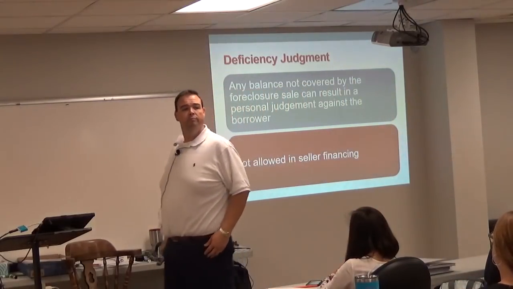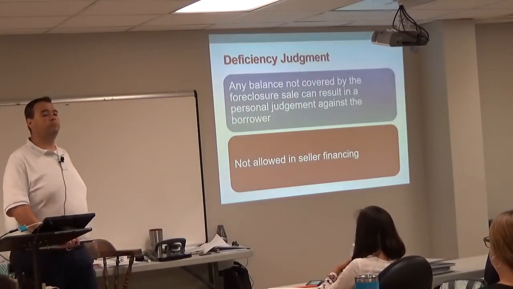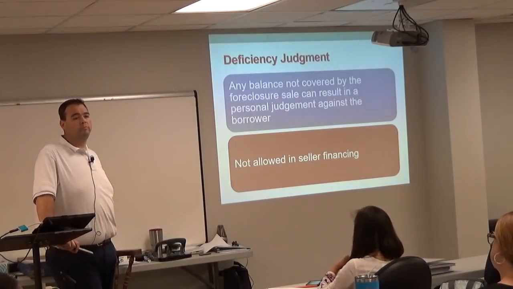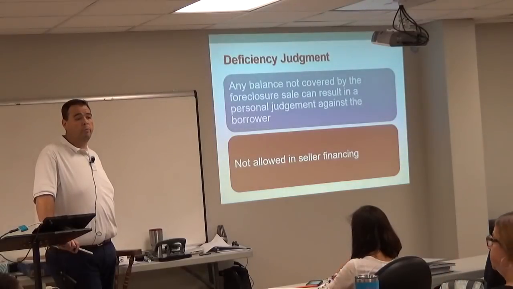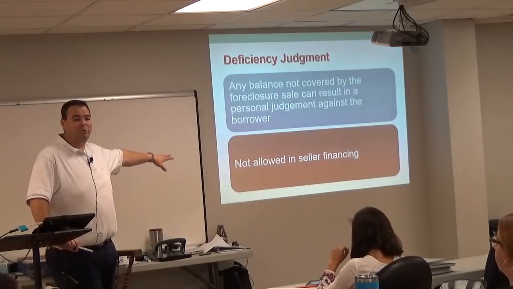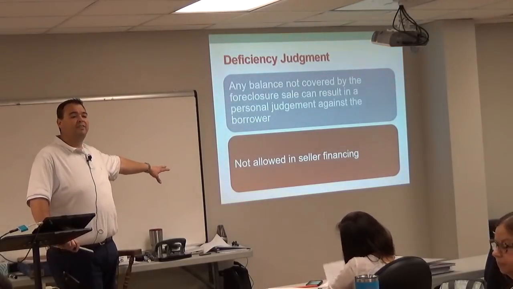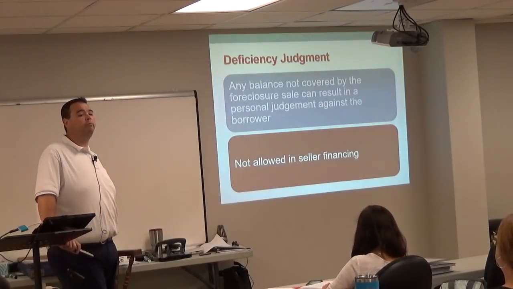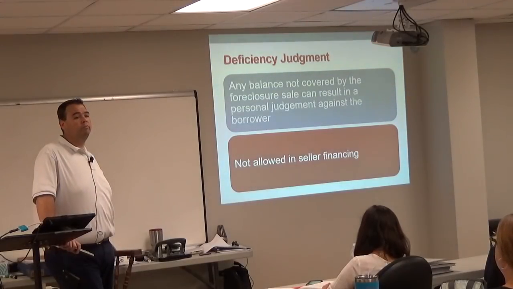That's right. Well, I'm confused. In seller financing, doesn't the title go to the borrower? Mm-hmm. So they got it. Then it goes back to the seller. But this is after a foreclosure. Remember, a deficiency judgment would be after a foreclosure. So now where is title at this point? It's back with the seller. So they've gotten back what they started with. So they're not going to go to all the auctions and all that kind of stuff.